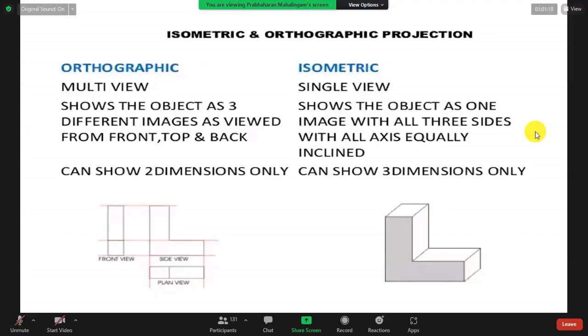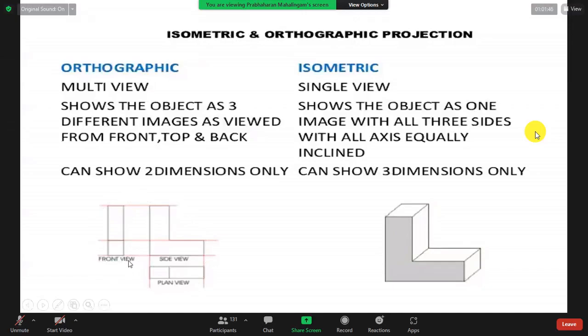Okay, sir. So now you see orthographic and isometric, multi-view, single view, isometric, single view, but 3D. Single view means one object is one. You see here, down, one object is there. If you want to draw this object, these 3 orthographic views are important.